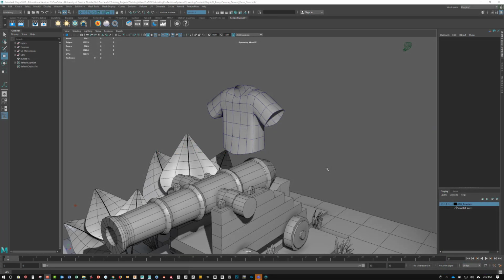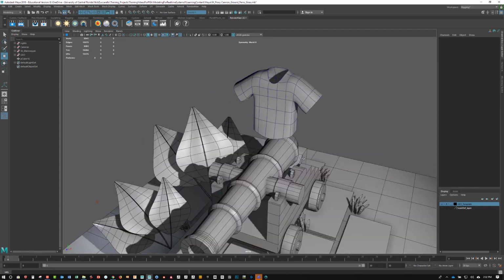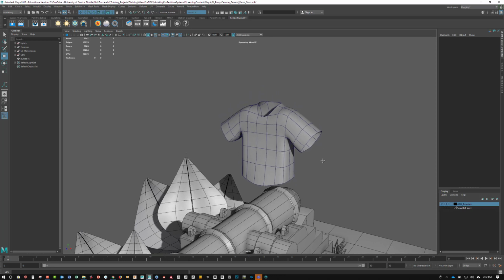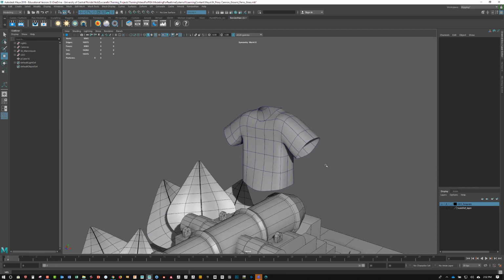In this video, we're going to be taking a look at UVs and an understanding of what UVs actually are. So I think a pretty good illustration to help you understand what UVs are is taking a three-dimensional object and laying it out flat. So if you think about the clothing that you have on, if you have a t-shirt on, you can see on your t-shirt that there's different seams,